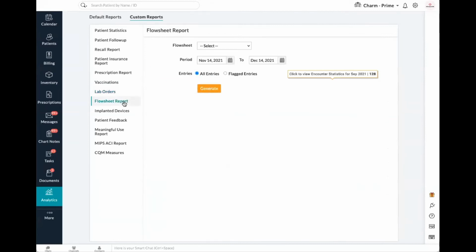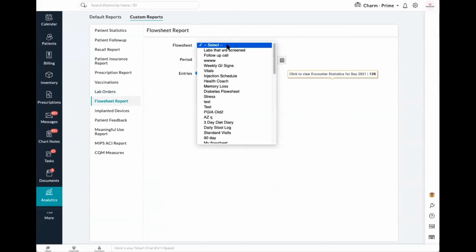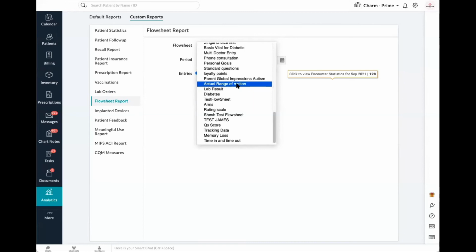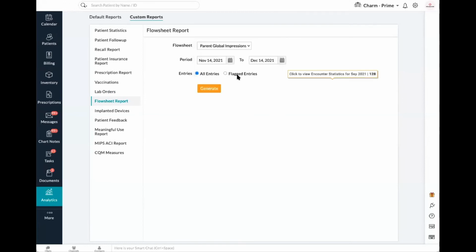Flow sheet report. These can be pretty cool. These are all customizable. They're pretty similar to vitals, but they can be added when you're in the chart note. And there's different, these are all customizable. So you'll select, you can look at all your flow sheets, and you select your date range, and then it's going to show